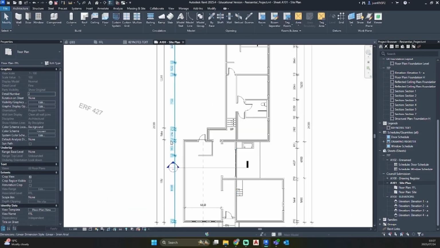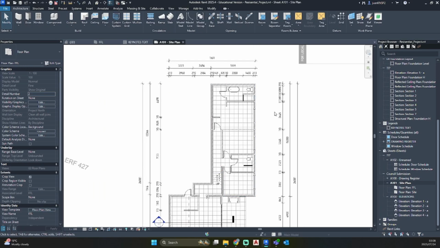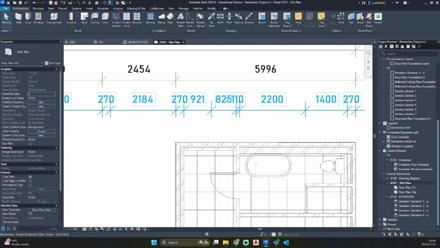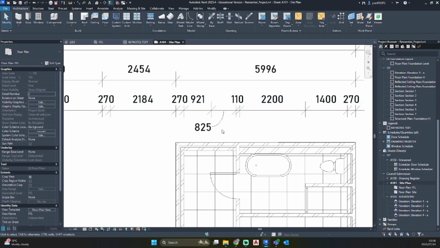Now you can see Revit has cleaned up our dimension lines. So with instances like this where your dimension line is over another, just go ahead and click on that dimension line. You'll see your move or drag text. Just click and drag, and you'll see Revit will create that witness line for that dimension.